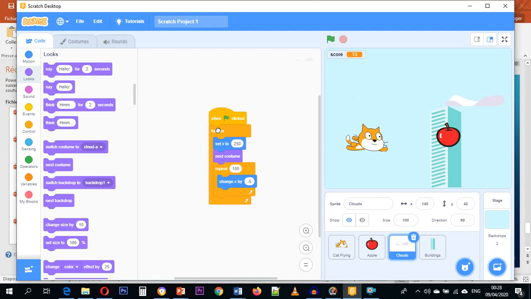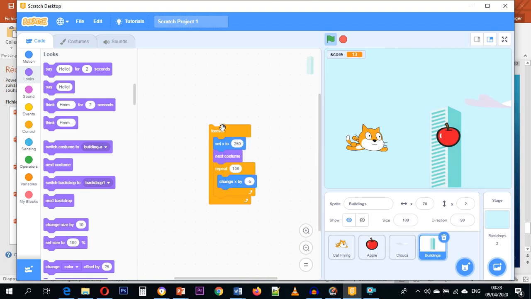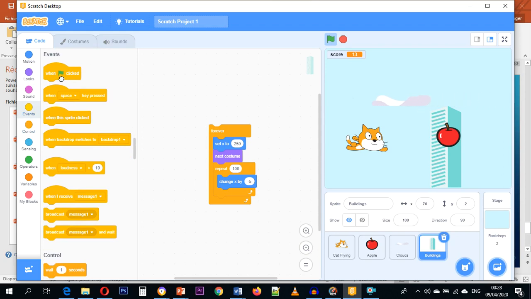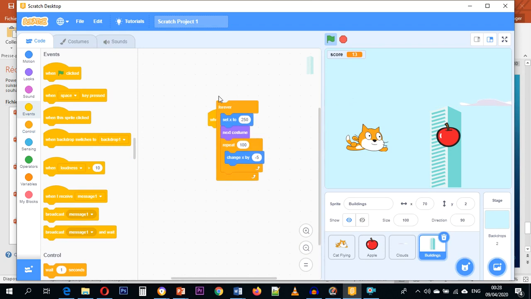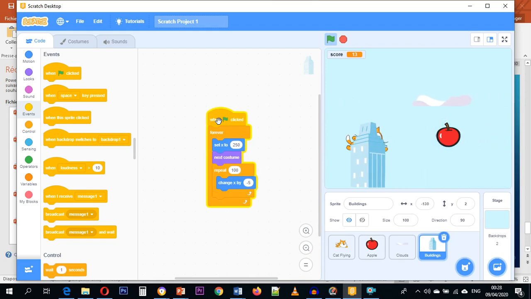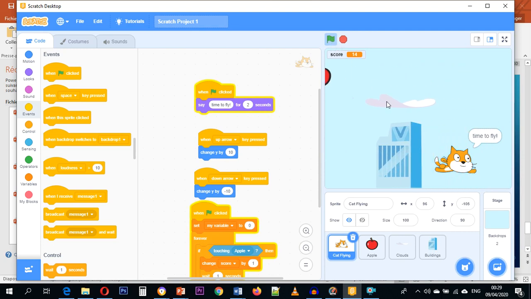We click and we copy it, Control C. We go to the building, we paste it here, Control V, and we click on the events, and when the green flag is clicked, we want the building 2 to change. Let's try. You see? Okay, alright. So let's try to see. Okay,